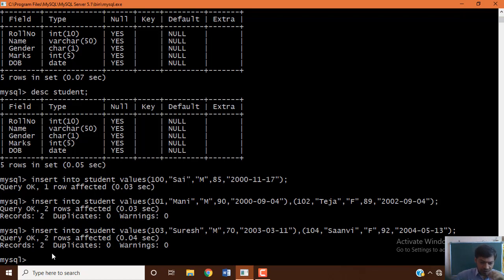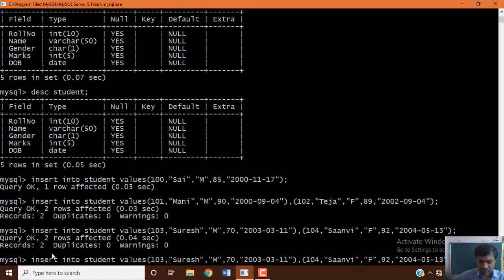Okay, even if you want to insert null values in your record, yes, you can insert with specific fields which you want to insert. So one null value will be inserted, or two records with null values. Insert into student.